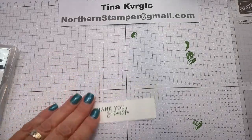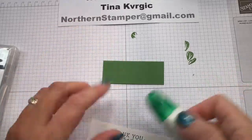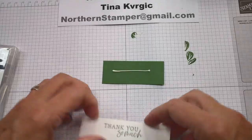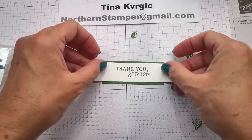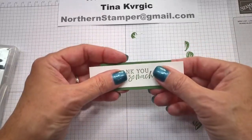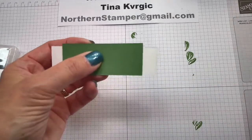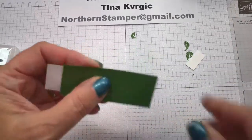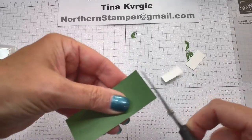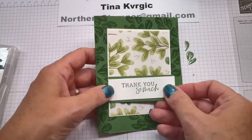I'm going to be placing that on that little piece of green. Place that down with some glue. There we go, right across. We're going to put that in the middle. It's looking good. I'm just going to snip this off just to make it centered. And I'm going to come back on my card and I'm going to put that on the front right there